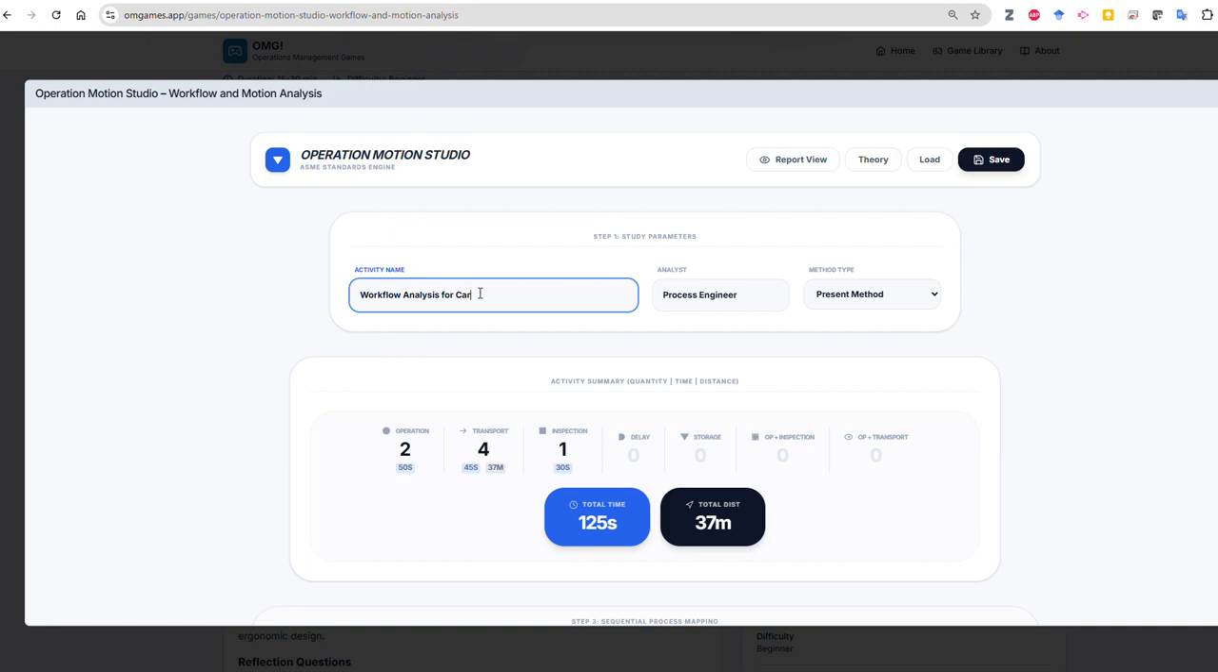for car inspection. We can give the name and title of the person conducting the analysis here. And then we can select whether this is the current status of the process, or perhaps this is something we suggested as the to-be version of the process. So we can change this here, and